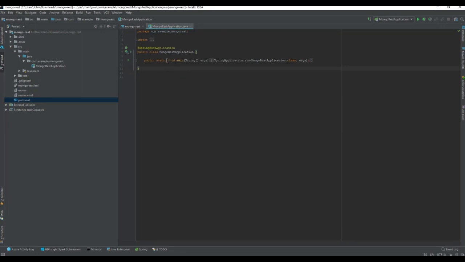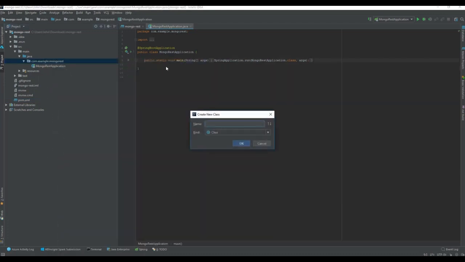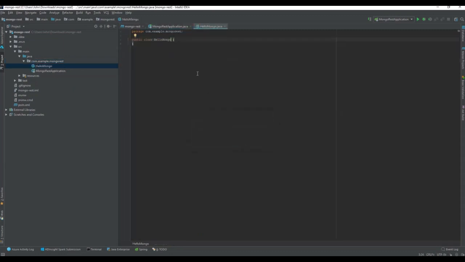So once the project is set up and you have set the SDK up as well, if it is not downloaded, then you will be able to go to your component right here, Mongo REST, create a new class, and you will say hello Mongo. The name doesn't matter, you can name it whatever you want, but we will be making a little API that we can call from the browser, which allows us to get a string output in the browser. So we will just create, and say this is a REST controller,